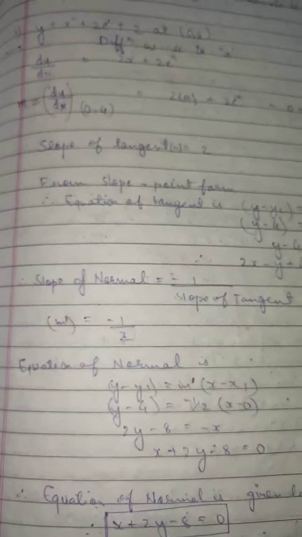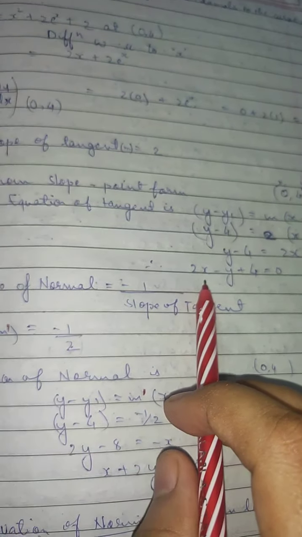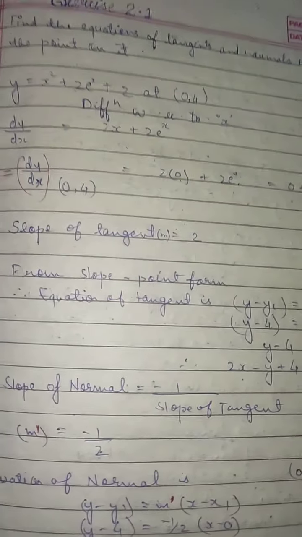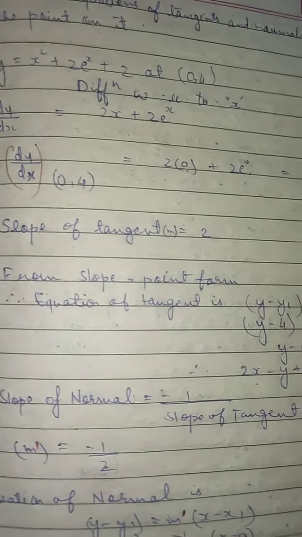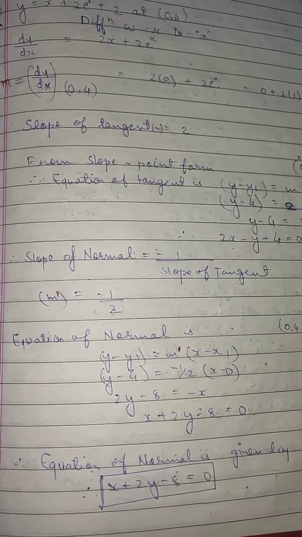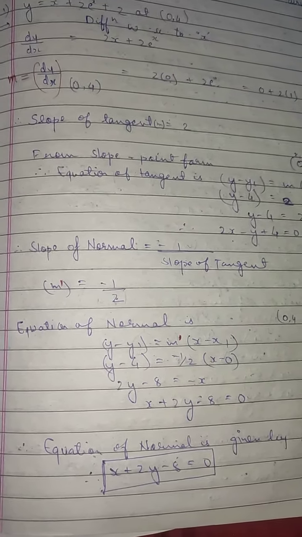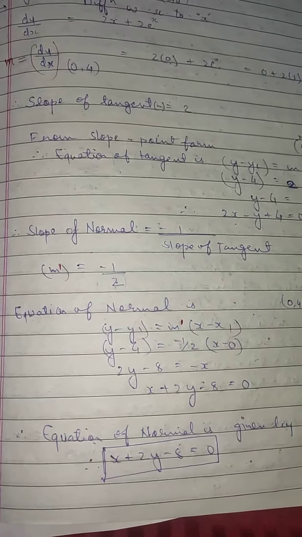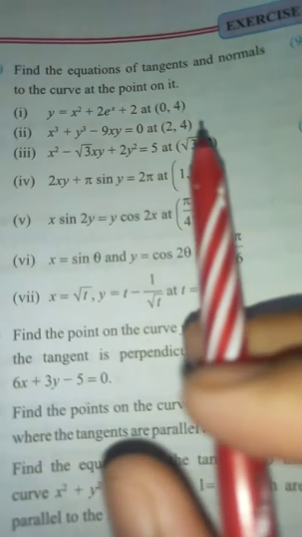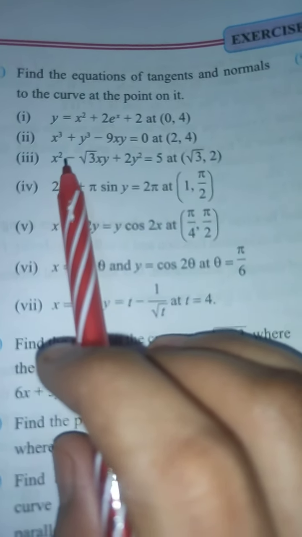So like this we have got here: first this is our equation of tangent, and this is our equation of normal. You can take a screenshot of this answer. Very easy, you have to remember only the steps. First the slope of tangent, then the equation of tangent. After that the slope of normal, then the equation of normal. So here the second and third are the same, you can solve them.